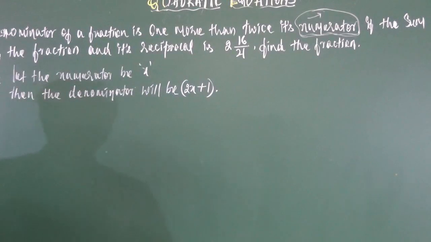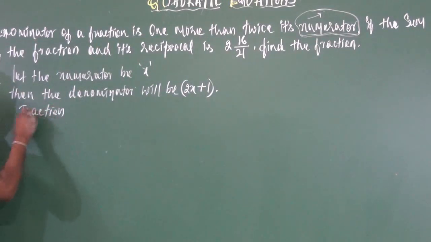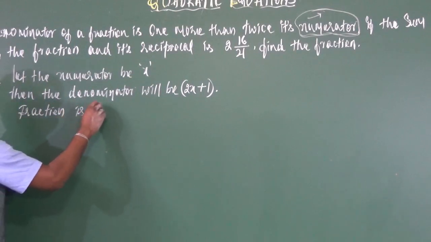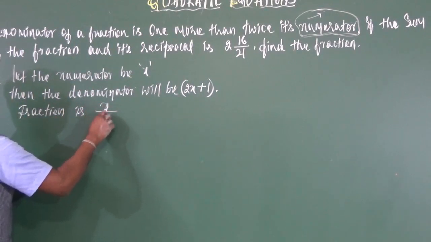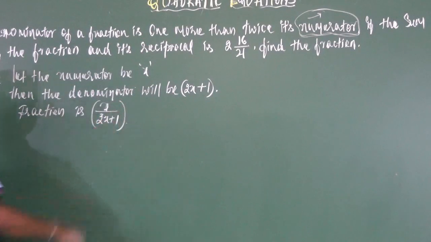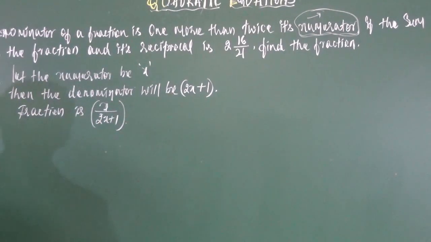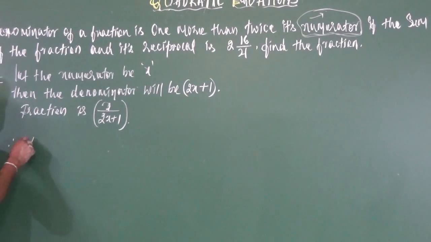So let us write the fraction. The fraction is x by 2x plus 1. So this is the required fraction. Now, the sum of the fraction and its reciprocal is 216 by 21. So therefore, according to